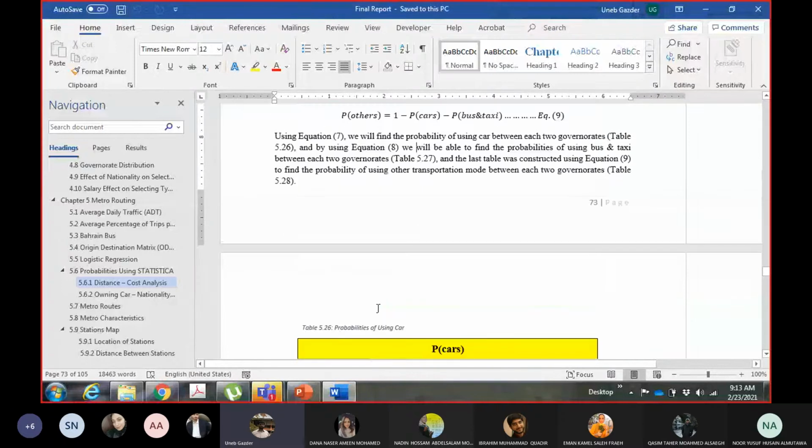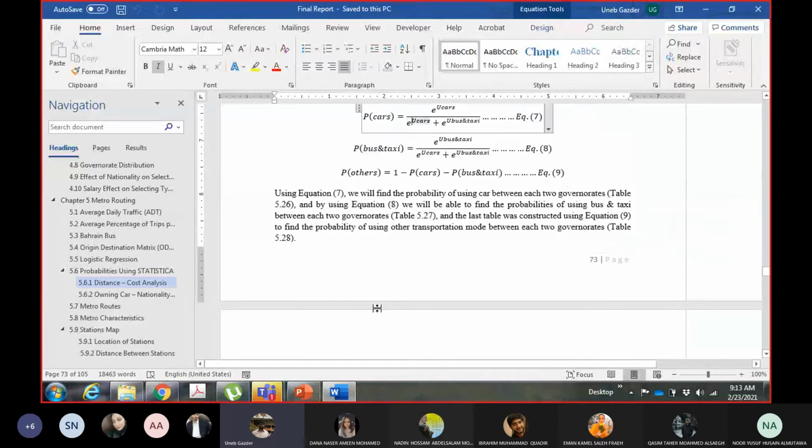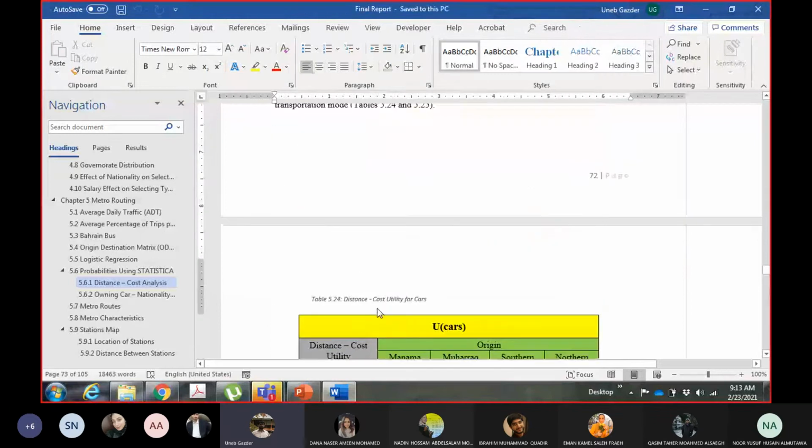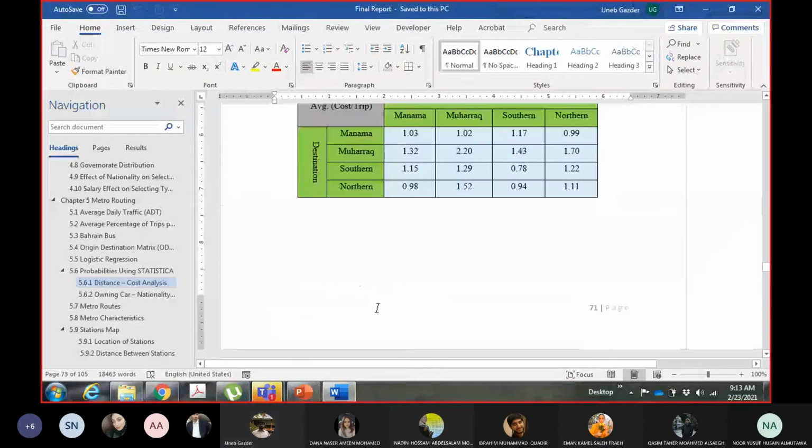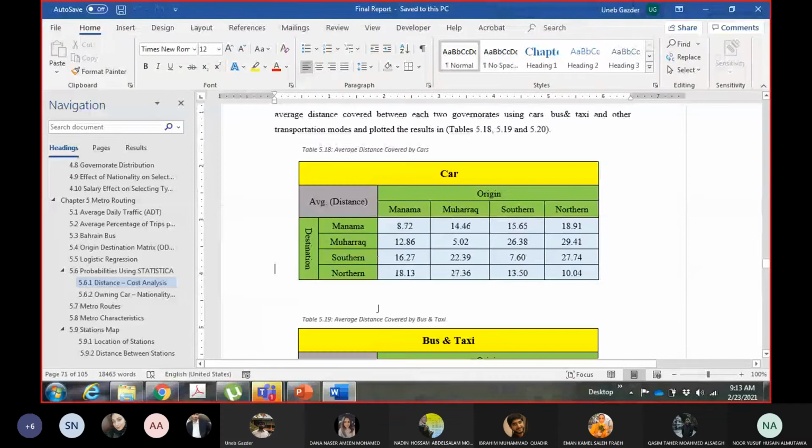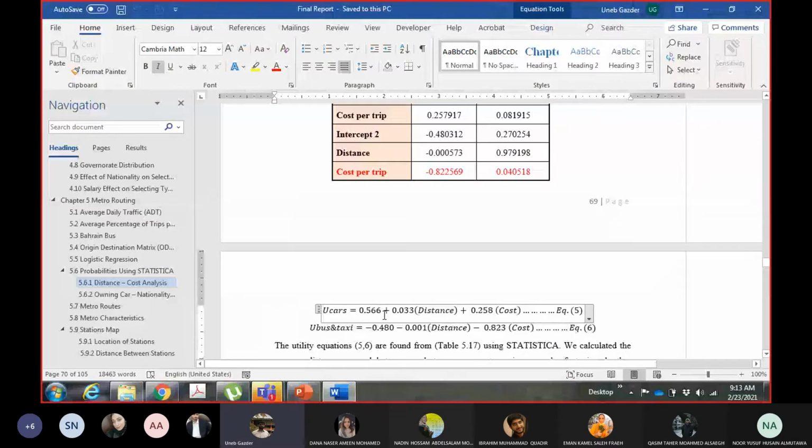And since you are talking about the utility functions, these are the utility functions. They were considering cars, buses and taxis. So this is the utility function for car. If you want to go by car, then you will decide on the basis of distance and cost. So distance and cost add to the utility of car. The benefit of using the car will increase if your distance and cost are higher.